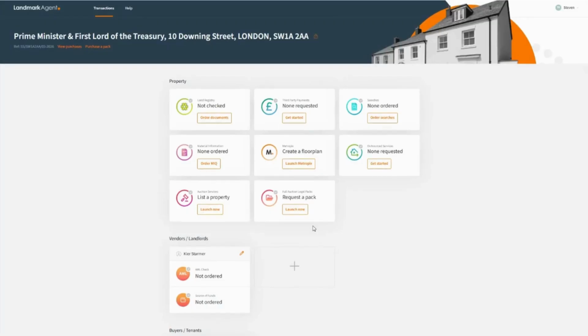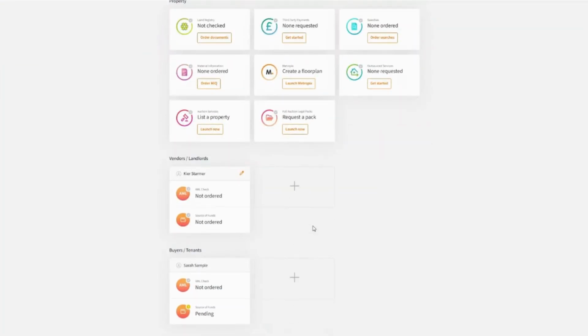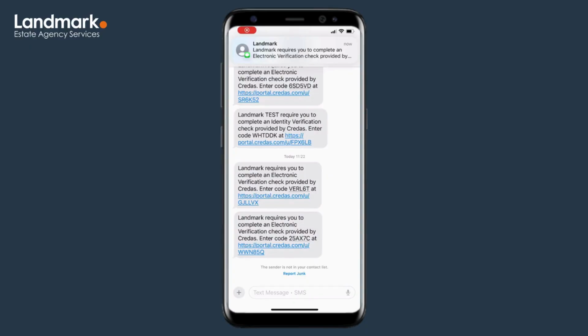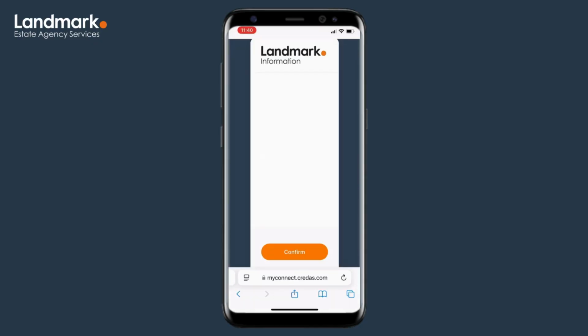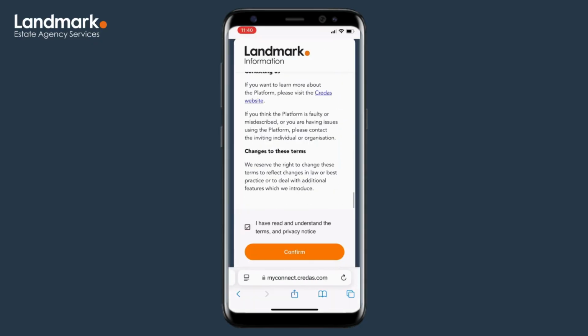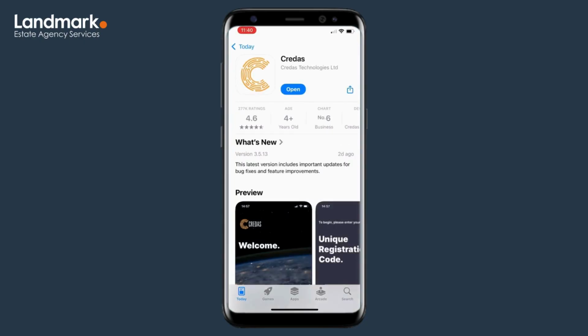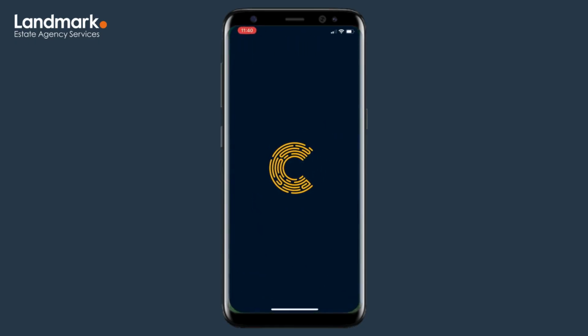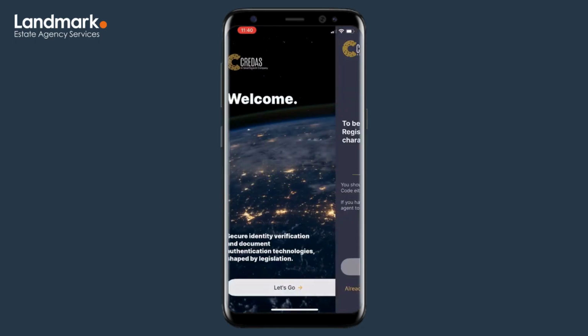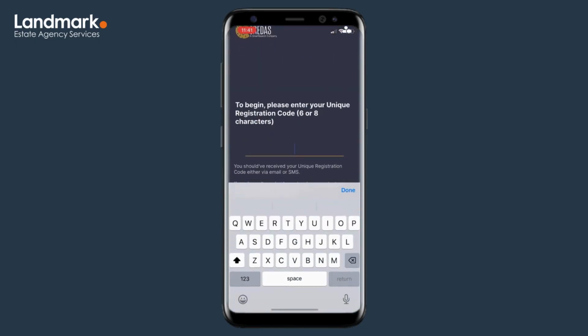This triggers a text message to your client. They will be prompted through step by step in the app on what they need to do. Once the text message lands, your client will be prompted to install the Credas app to begin the source of funds check. They can do it in browser or by installing the app, so they'll have the option to choose between the two. Once they land, they'll just tap in their unique registration code that's provided on the text,